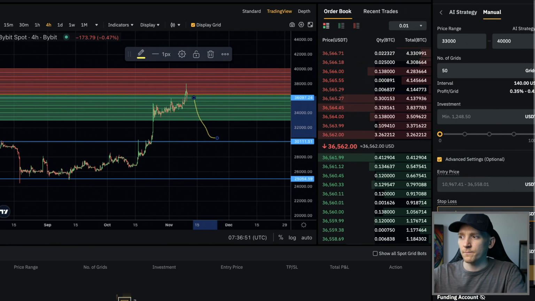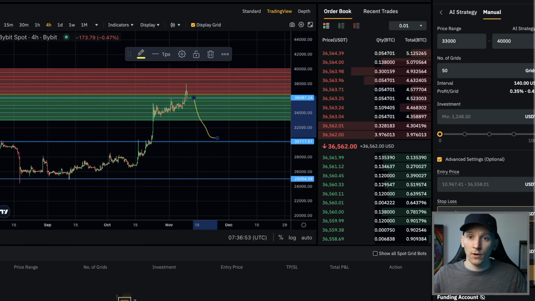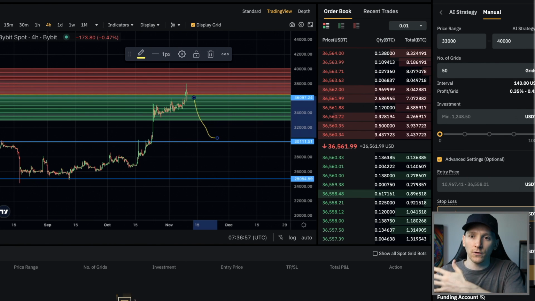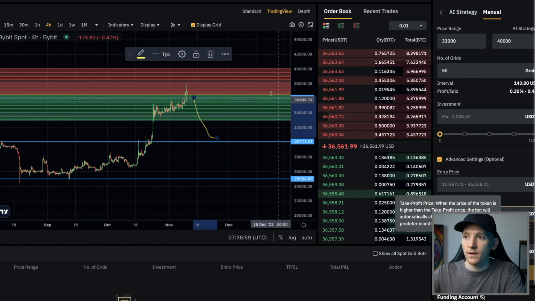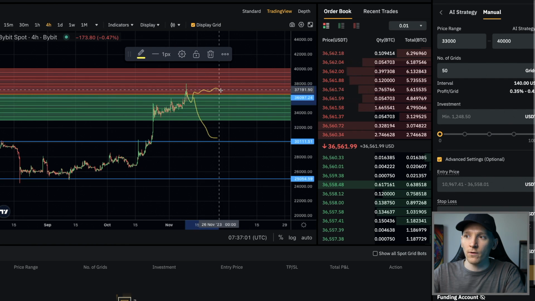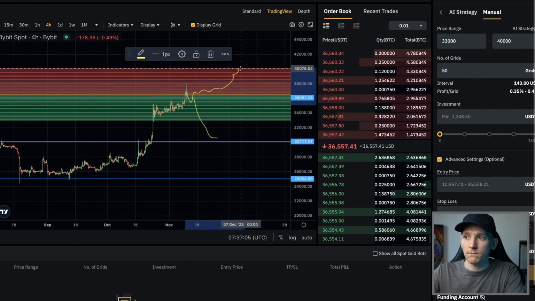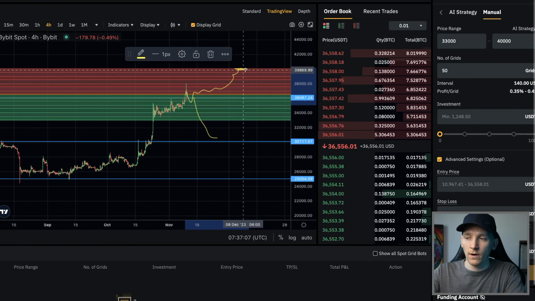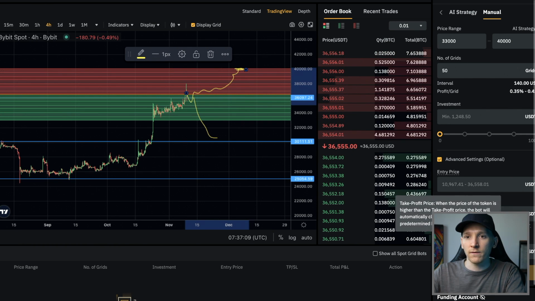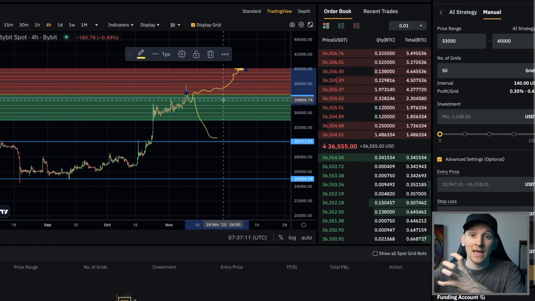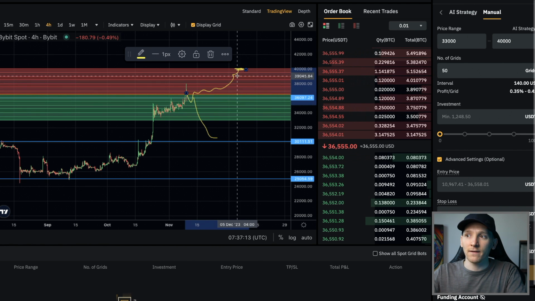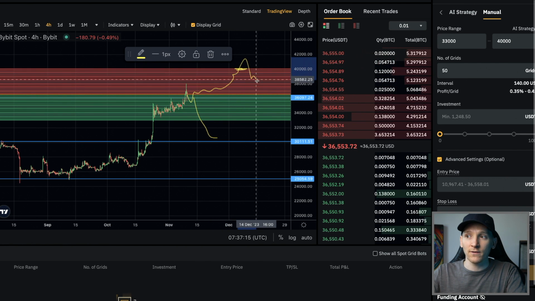What this means is any crypto that you've accumulated in the bot so far gets sold back out for dollars and you stop the bot. And then the take profit is, of course, if you've accumulated crypto, maybe you want to take profits at a certain level, which would be this spot right here. Because if you don't take profits, then the bot obviously keeps the dollars in there, and it's expecting maybe the price to come back down into here and then